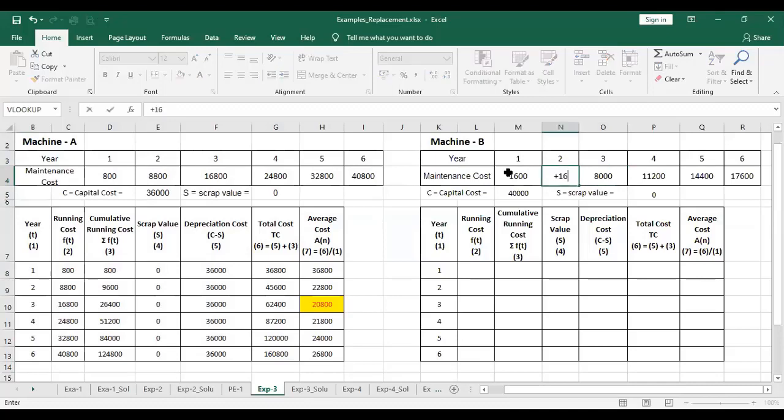So it is like 1600 plus 3200 for the second year and another 3200 for the third year. Likewise, adding 3200 in the third year would give the next one, and adding 3200 in the fourth year would give the fifth one, and adding 3200 to the previous year gives the next one. So similarly, we can fill out the table. For the first year, it is 1600.